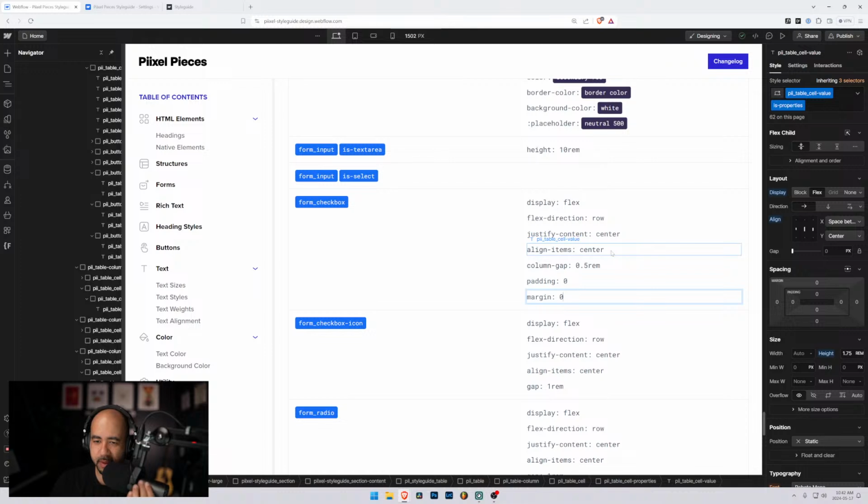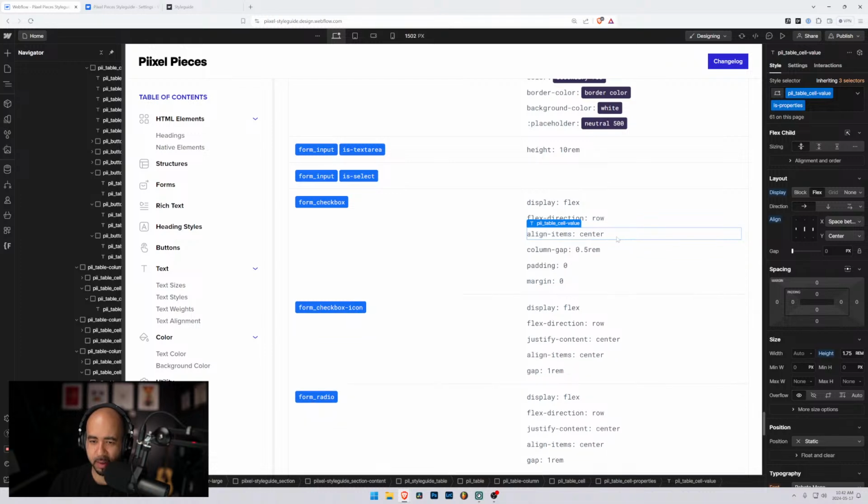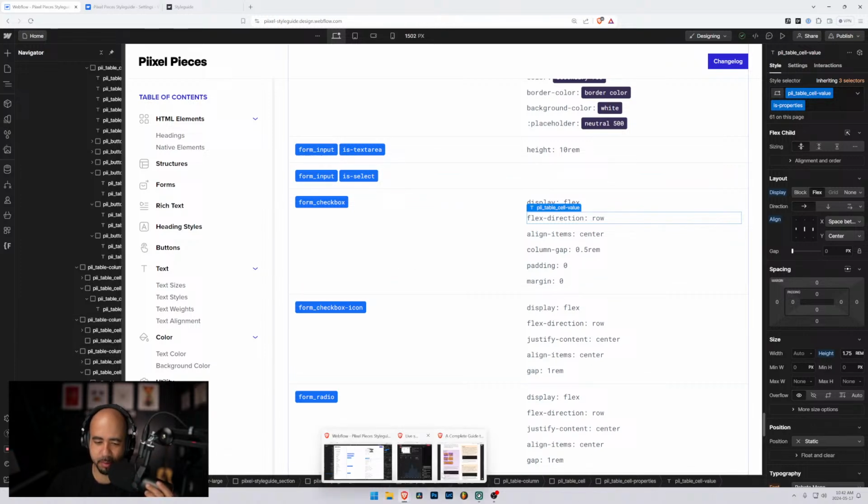So yeah, we definitely don't want to justify, and we don't want to align anything. Oh yeah, we want to align them center. So that way, we make sure that they line up perfectly. So that's align items center. That's what we want. But then we want them to the left, and that's just by default. Okay. So that's our checkbox, and then we have our checkbox item,